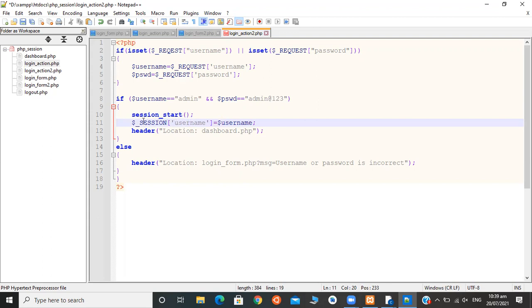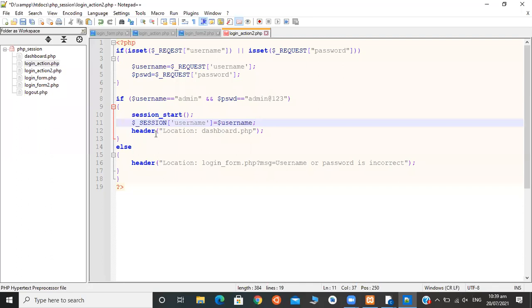It is called session data. $_SESSION['username'] equals $username. We have assigned the value $username and it is available for us till we log out from this session, or we destroy this session.